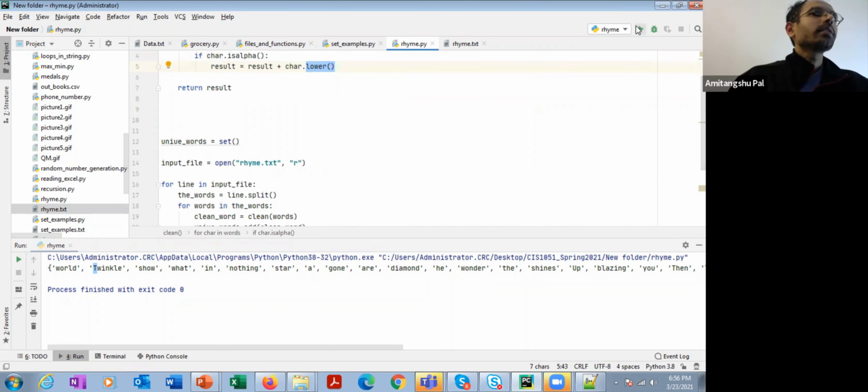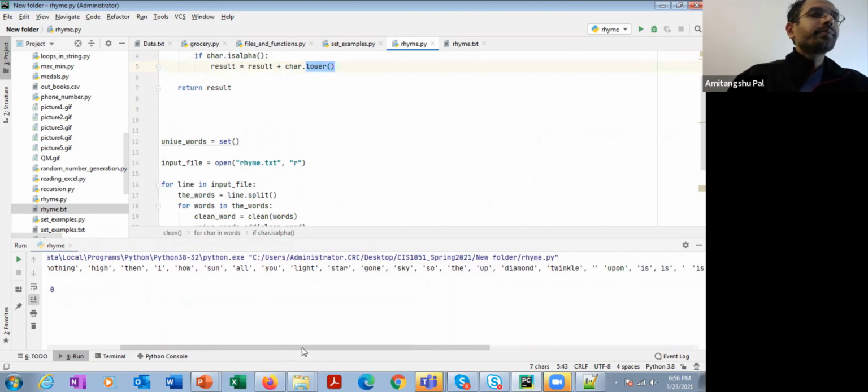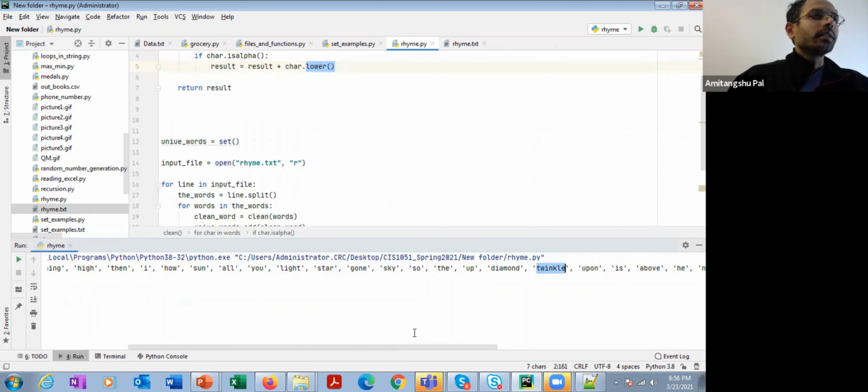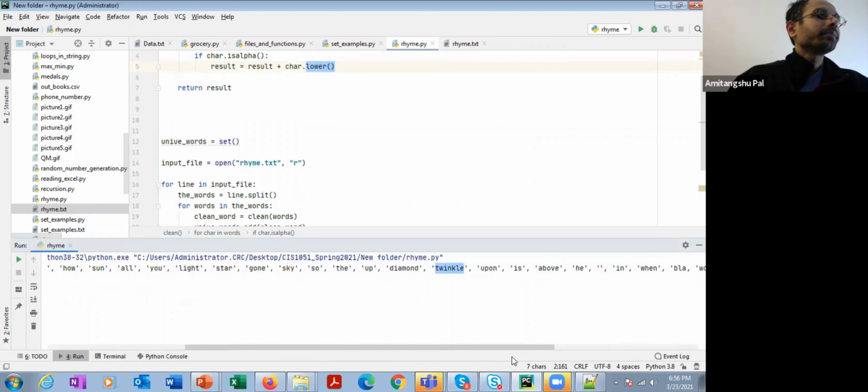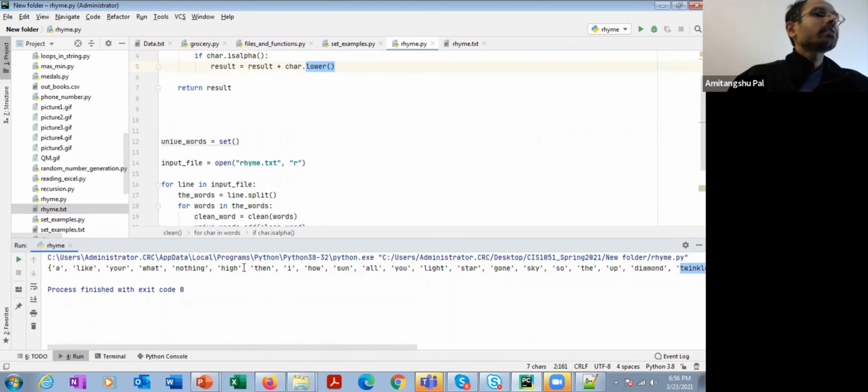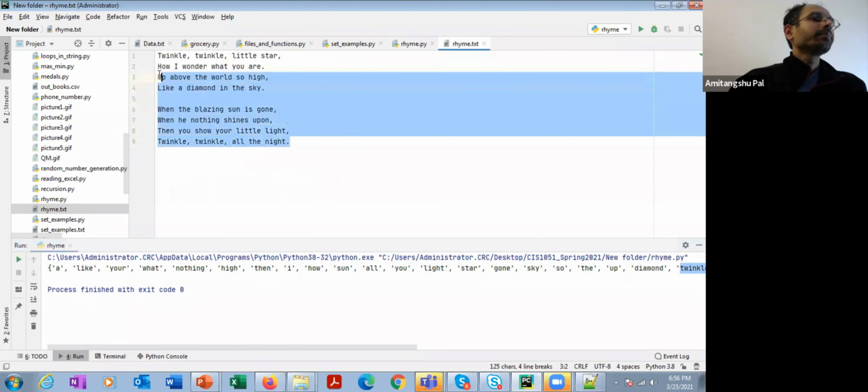All right, so let's run it. Here you can see that twinkle is there, but there isn't any Twinkle with a capital T. This set consists of all the unique words that you will find in this rhyme.